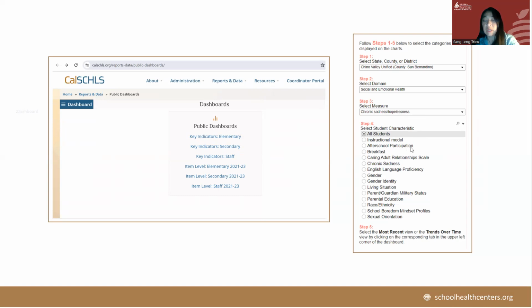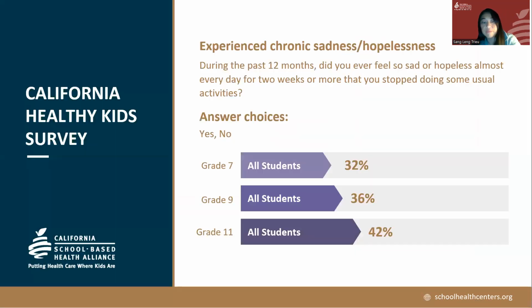But again, you can look at disaggregated data by particular student characteristic, such as what is listed here below. And so let's look at this one to start off. And this is the percentage of students who experience chronic sadness or hopelessness during the past 12 months. Here you can see in 11th grade, 42% of students reported that they actually did experience chronic sadness. And you can see here, the higher the grade, the higher the percentage of students who feel chronic sadness and